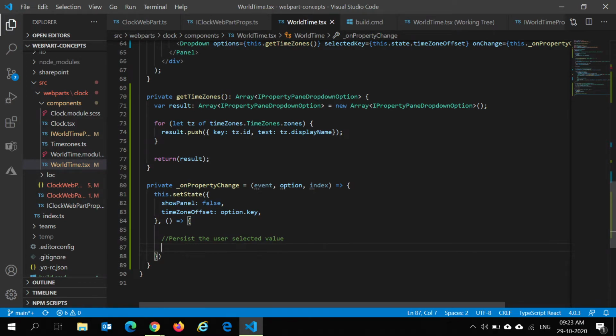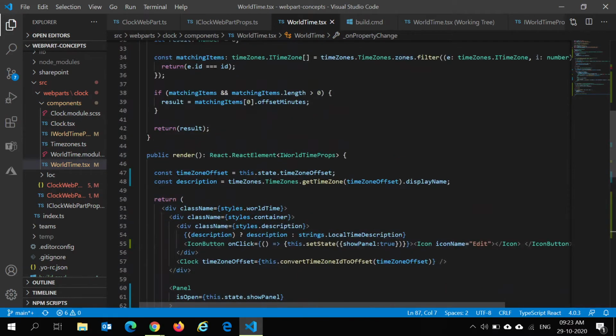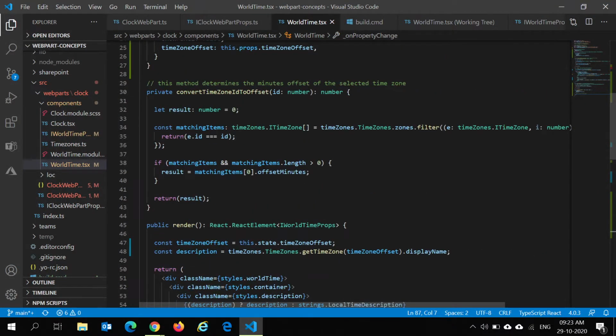The disadvantage with this approach is, as I said, this works only when the user uses the same browser. If the user is opening the page from a different browser or a different device, the selected personal choice is gone because that is persisted only within the same browser. If you want this to be persisted across devices and browsers, then you can also store this value in a persistable place like a SharePoint list or any other storage mechanism outside SharePoint. Even for those things, what we will need is a unique webpart instance ID to know from which webpart we are doing this and the logged in user's name. To make it quick, I'll show you how to do it using the browser's local storage.